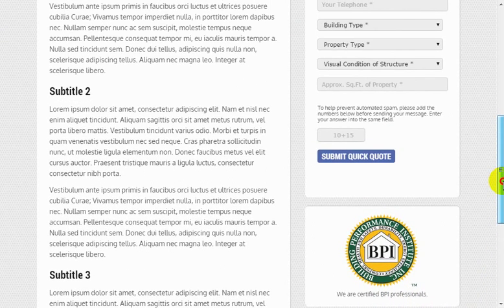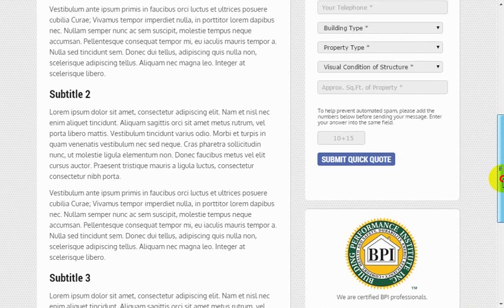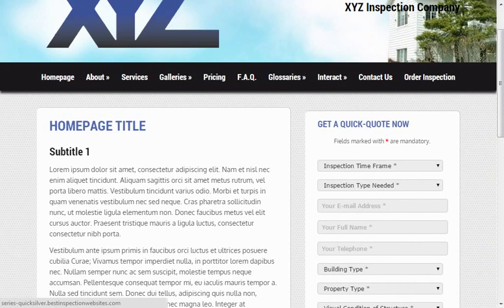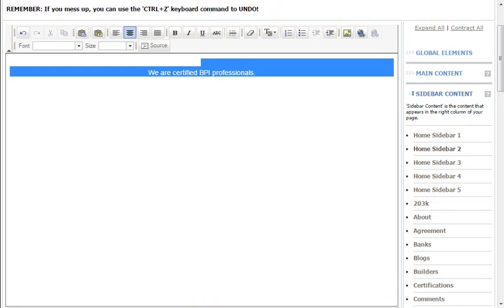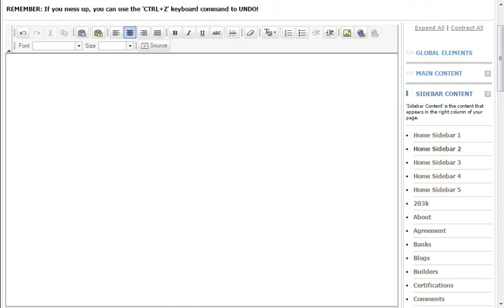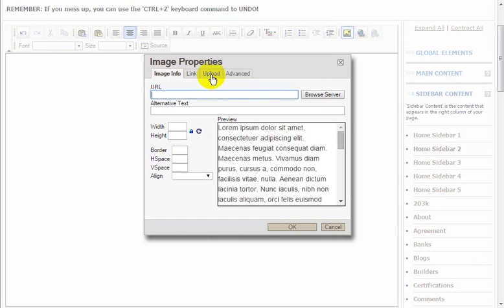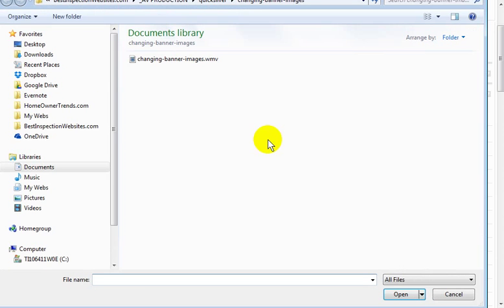Now what happens if there's an image that you want to upload because it's not already on the server? What do you do? All right, let's go here. Go ahead and delete that. Okay, so let's say there's an image sitting on our desktop PC and we want it on the server. We go to the Insert Edit Image button and we go to Upload, choose File, and let's go to